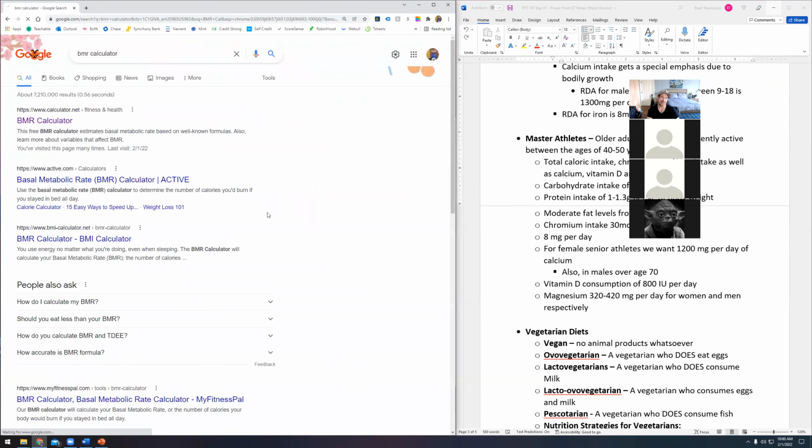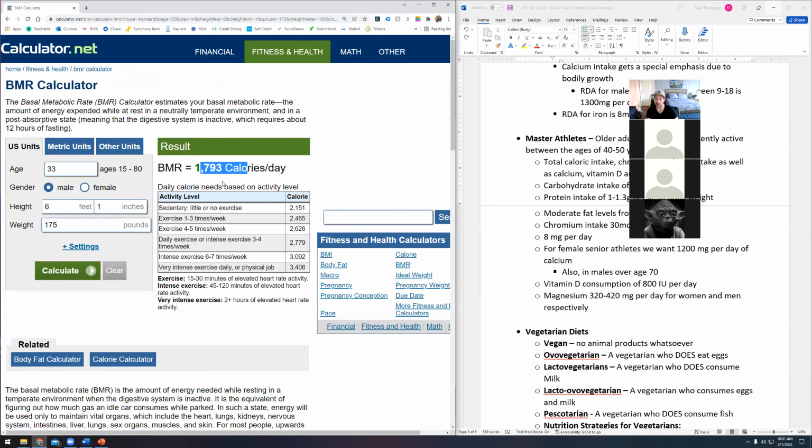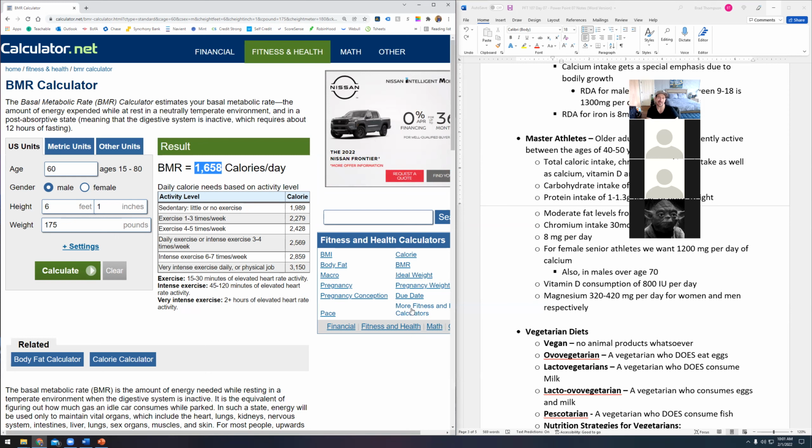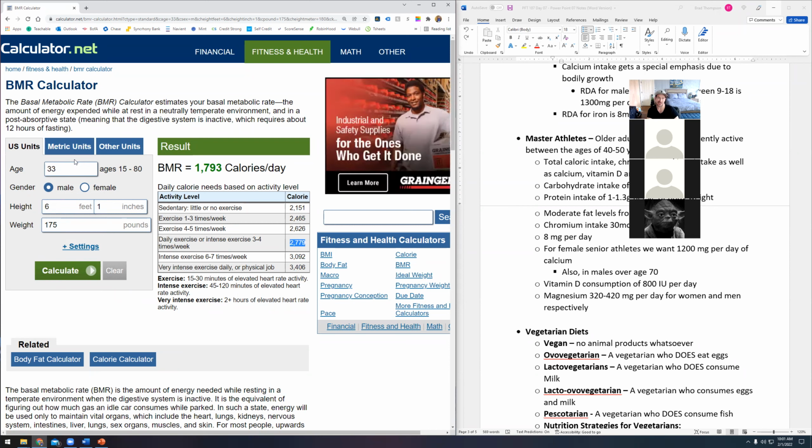So let's say I maintain the same body weight. I'm 33 now, so I'm burning about 1,793 calories a day. But now I'm 60, right? That's going to drop down to 1,658. It's not a huge difference. It's only a loss of about 100 calories, but it does change more substantially if I'm still engaging in daily exercise. It's 2,500 calories versus, again, go back to 33, that's 27. That's a big difference at the end, right?